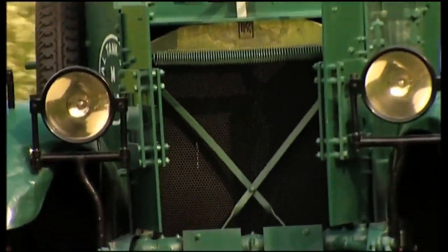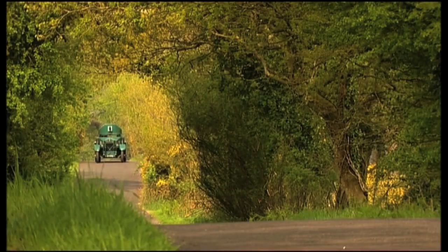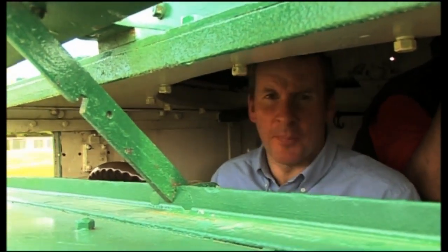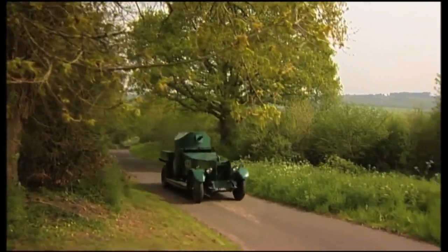Lawrence was a speed freak and loved these armoured cars, racing them across the flat desert as fast as they could go. He famously remarked, "A Rolls in the desert is above rubies." For roads and flat surfaces, the Rolls' combination of armour and speed were absolutely awesome. But as the